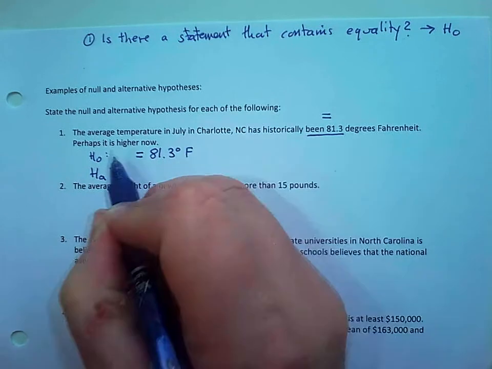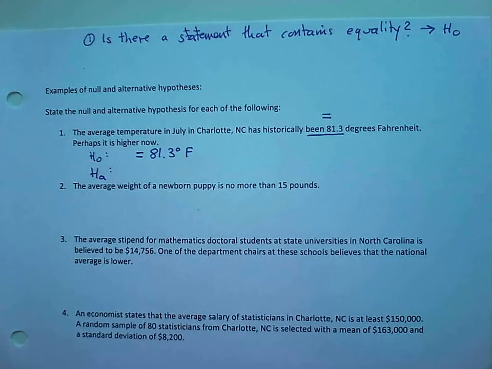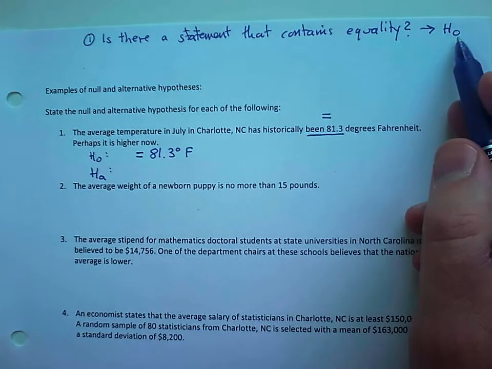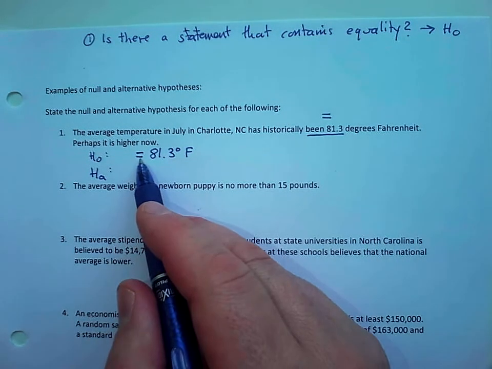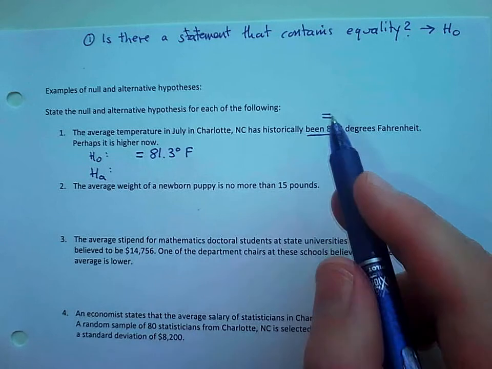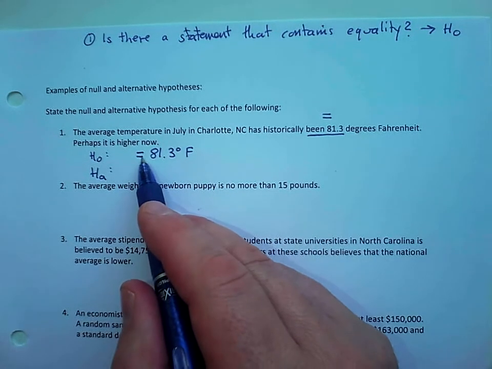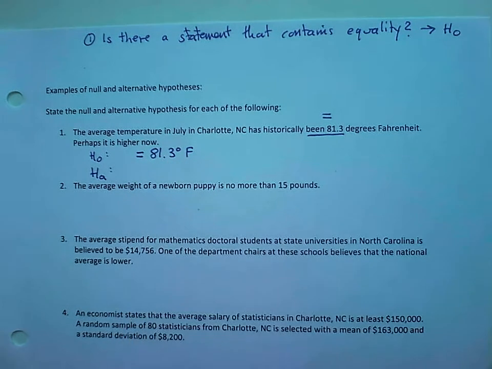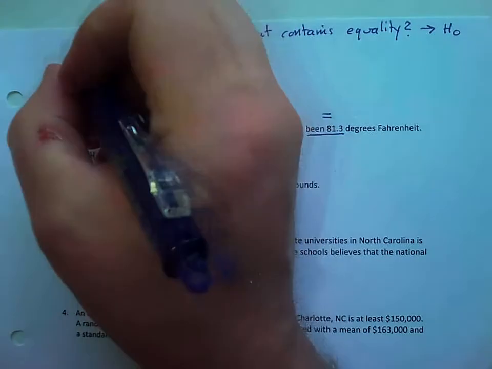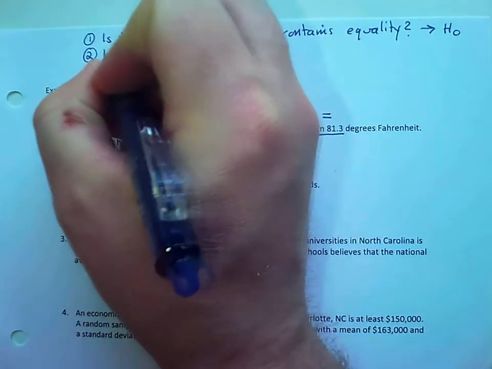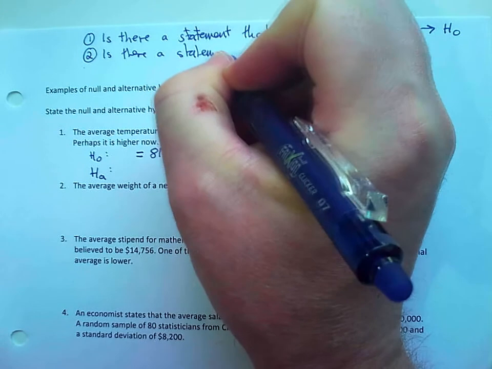81.3 degrees Fahrenheit. And I'm leaving myself a little bit of space here on purpose because we're going to go back and fill in that portion. So the first question that we ask ourselves is: is there a statement which contains equality? We answered yes to that, so that becomes our null hypothesis. The equality symbol that we have is equals to, so that's why we're using equals to right here with 81.3 degrees Fahrenheit. The second question that we're going to ask ourselves is: is there a statement